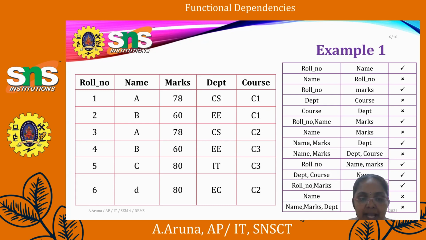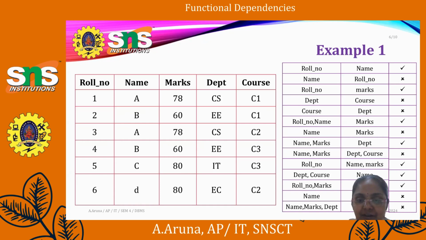If I call number 1, I can identify A. If I call 2, I can exactly identify B. 3 means A, 4 means B, 5 means C, 6 means 7, D. If I add another 1 over here in the same table, for example if I add 7 in the table, again it will have A, I'm going to add 1. Roll number is 1 and name is A, which means two data are presented over here. So in this case, it is not invalid.